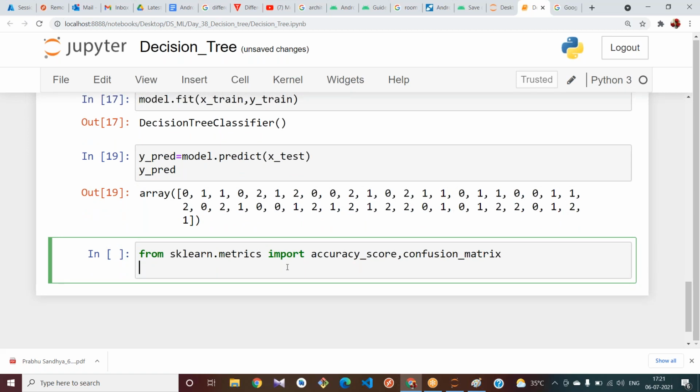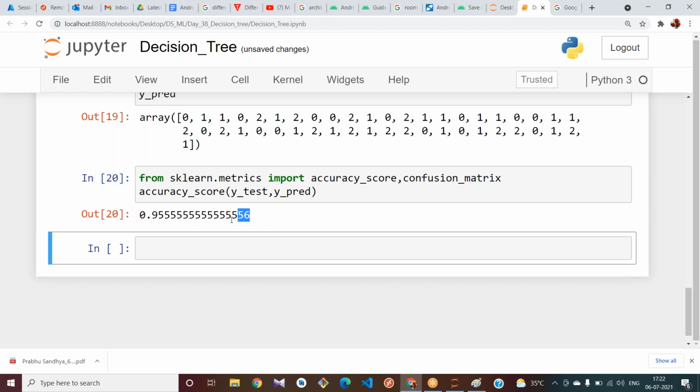Let me see what is the accuracy score here: accuracy_score of y_test comma y_predict.